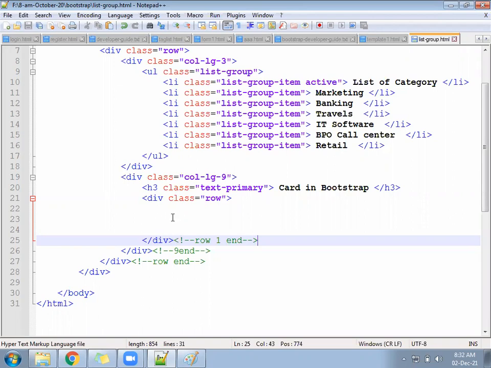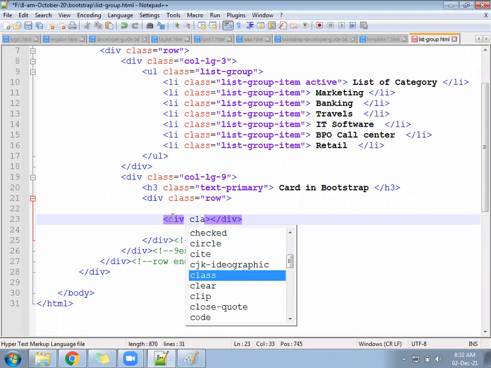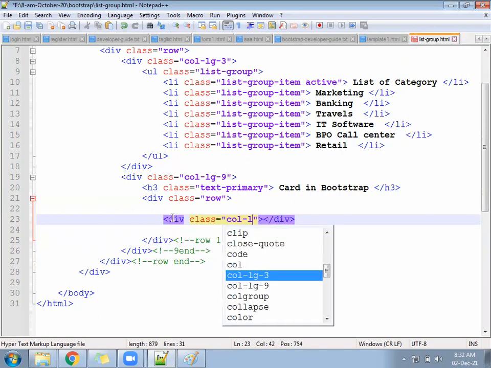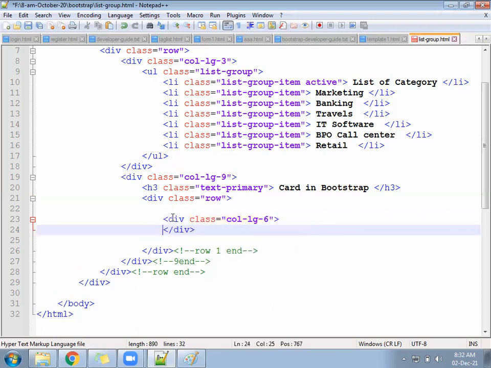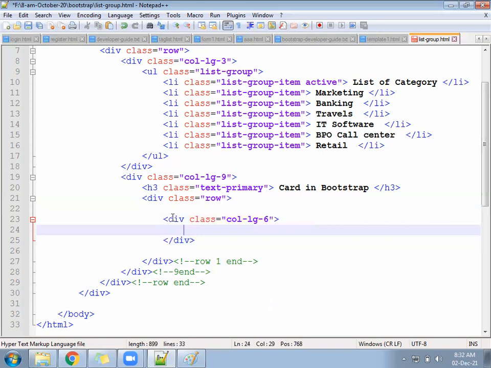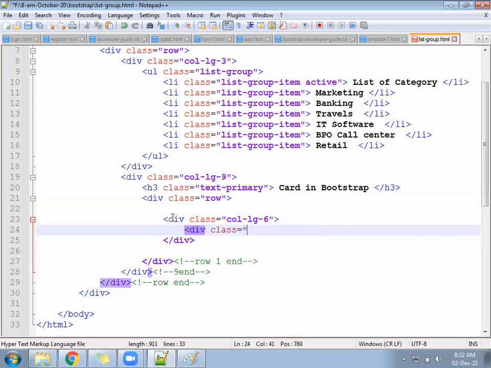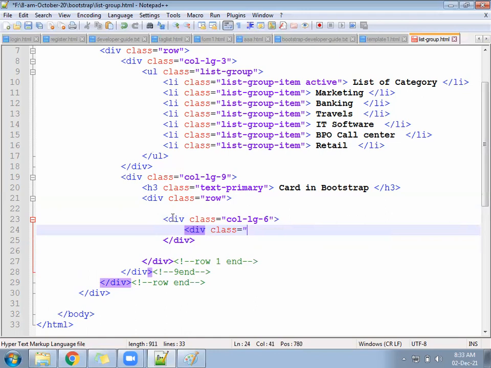Now inside the row what will we follow? Column division, class equal to col-lg-6. Inside the 6 you will follow a division, class equal to col-lg-, here the card will come, class equal to card.